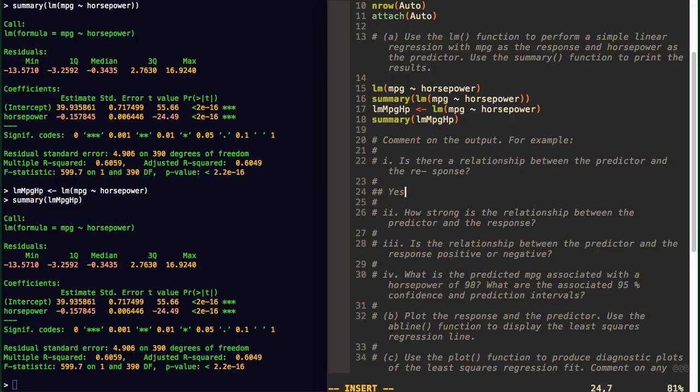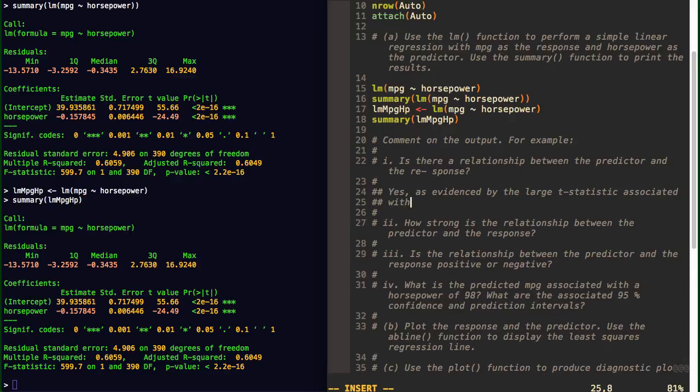And I'm going to say yes, as evidenced by the large T statistic associated with,